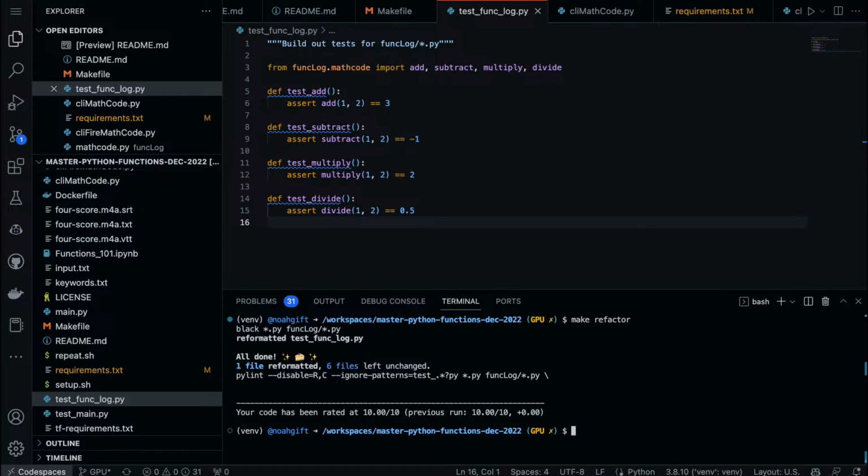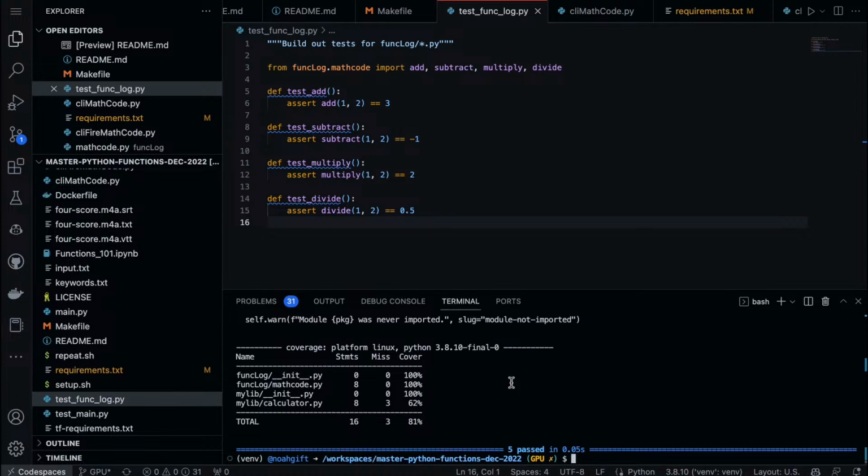And then we can actually say make test now. And so we can see that in fact I've now got 100% test coverage, which is awesome, right? So this is a very robust way to build things out. And I would say you can test the command line tools as well, but the biggest bang for your buck is gonna build out the test for the functions that you build out inside of your library.